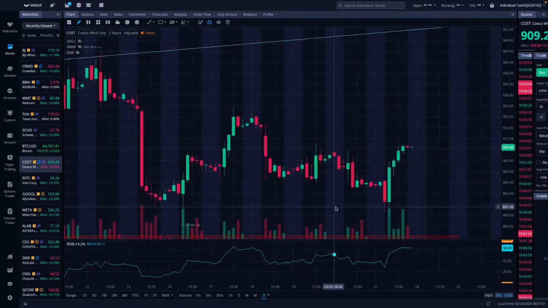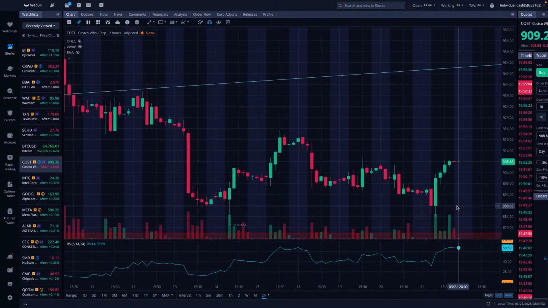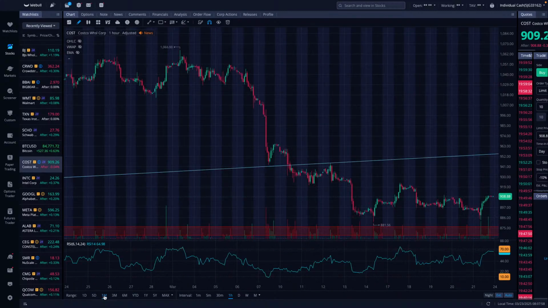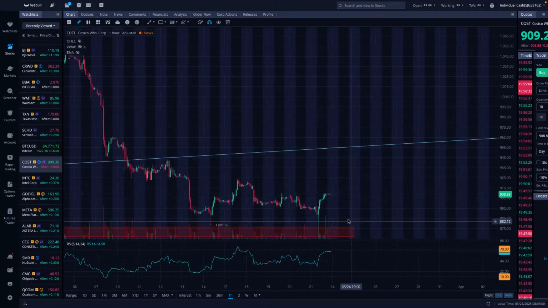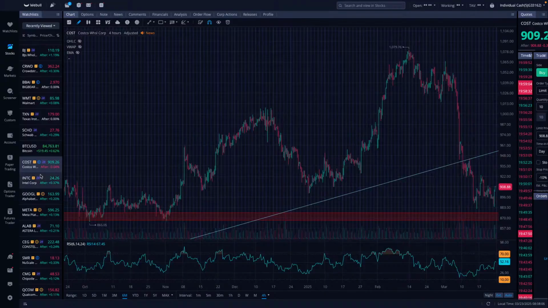So if you're going to trade this stock, you can look for that level at 880, 885, and then wait for that pullback and get in at 900. But you've got to keep your stop loss below that 888, because if it breaks 880, you're going down. So definitely be cautious with that. It's got to hold the $900 level.